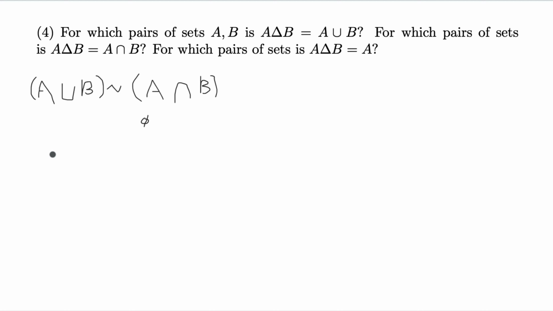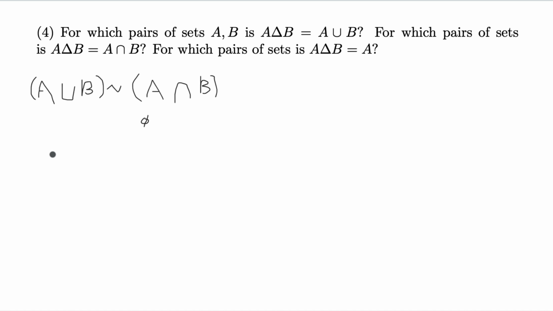That is, any pair of sets A and B where B is the empty set will have the symmetric difference of A with B equal to A. And we can see that by our definition that this works, since we have that A unioned with the empty set is just A, subtracted against just the empty set, because A intersect the empty set is the empty set. Therefore, this works, and to confirm that this is all of them, we'll see that